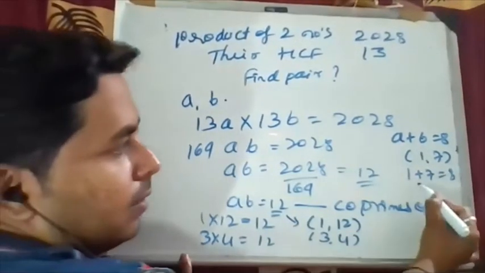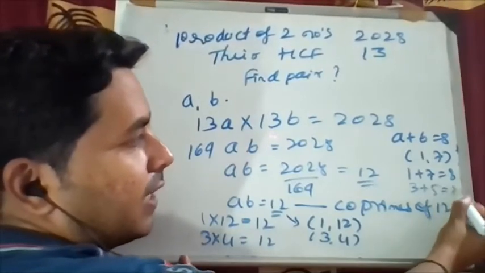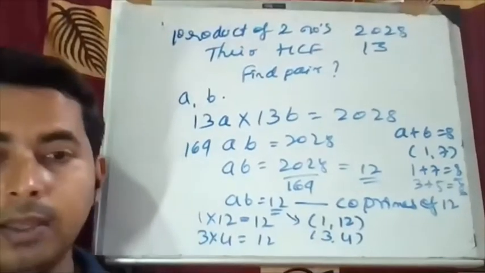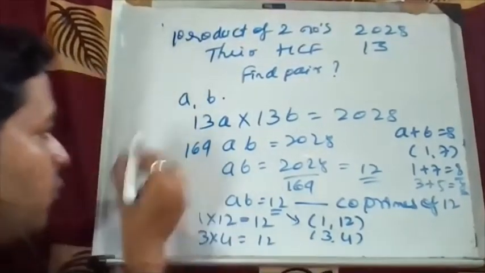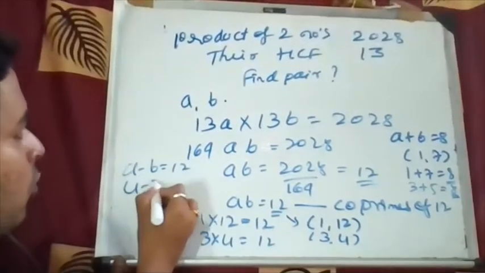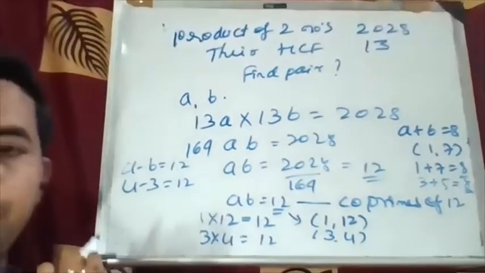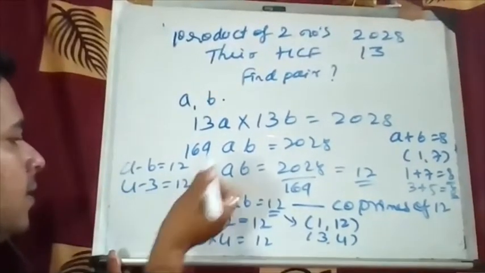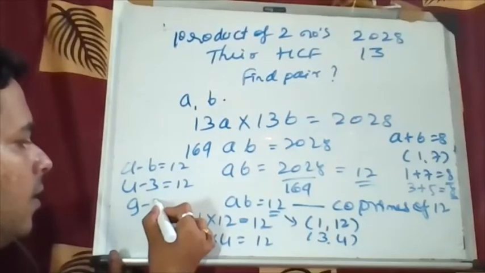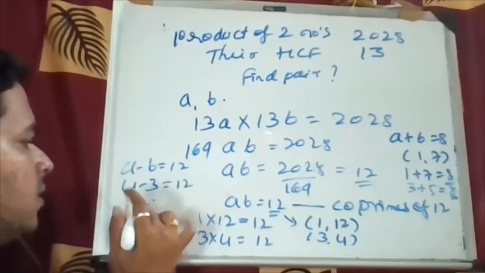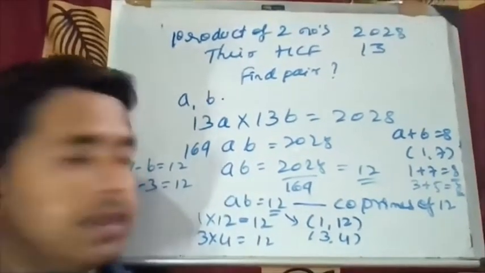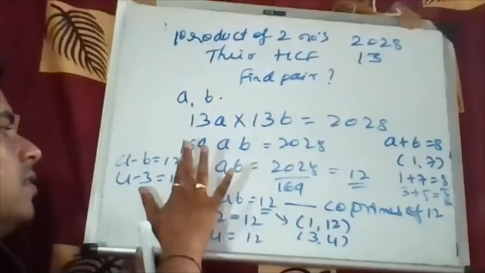In this case, my question was 3 plus 5 was 8. Here I was doing an addition of the co-primes. Here I am doing a multiplication of the co-primes. If you get A minus B equal to 12, what you have to do here? 4 minus 3, 12 you have to do. Okay, and same way, 9 minus, I think 12 minus, that you have to see, like that difference you have to get. That is for this difference thing.